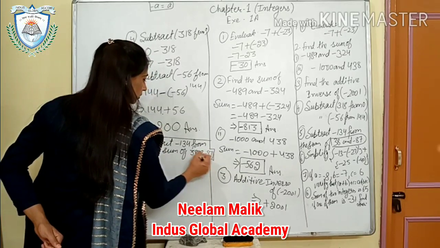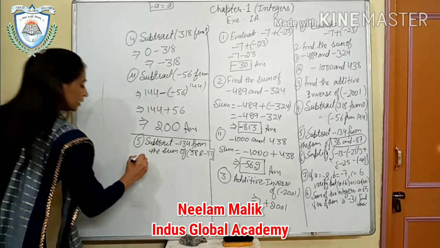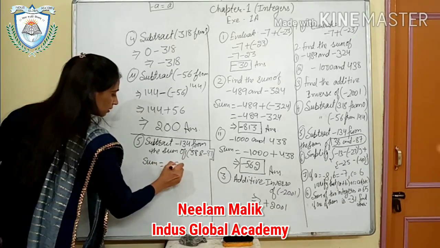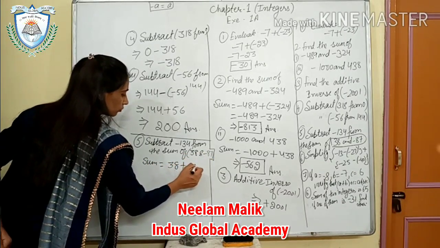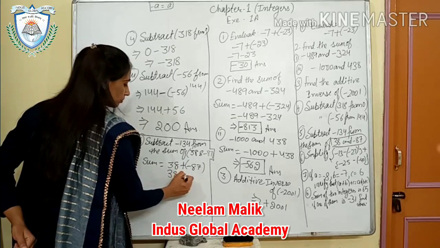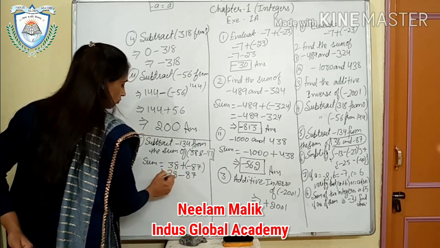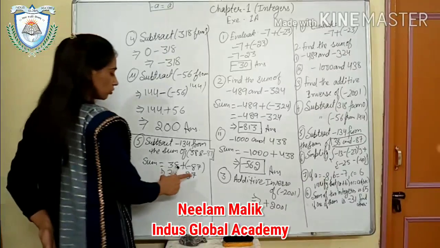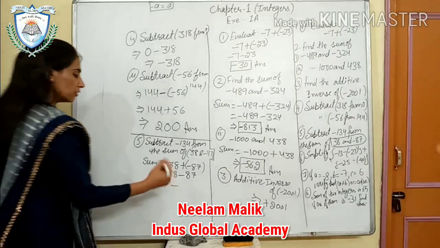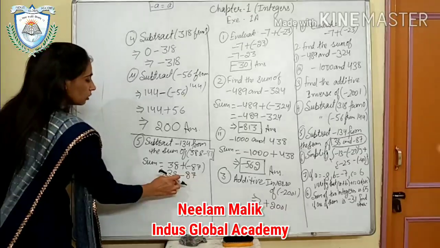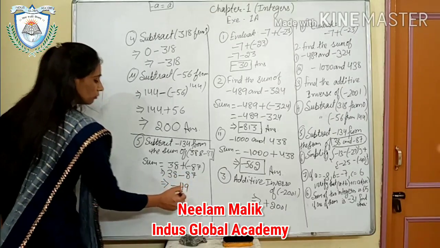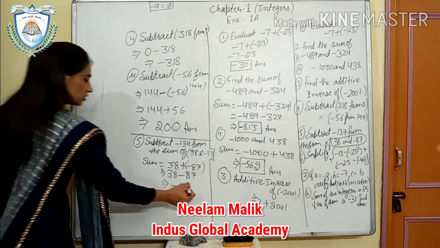Okay. So first we have to find the sum. Sum is equal to 38 plus, that is negative, so we will take that in a bracket, 38 minus and plus, it will be minus 87. Now one number is positive, one is negative. So what do we have to do? We have to take the sign of the greater number, that is negative, and then their difference. From 17, 8 will go. You will get 9 here. Then it will be 7. From 7, 3 will go. It will be 4. Okay. So this is your sum.